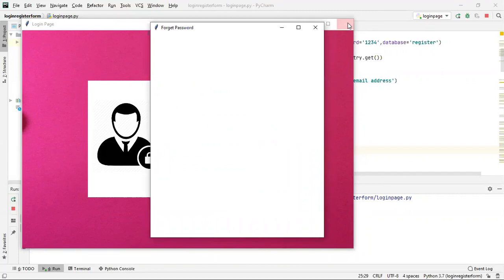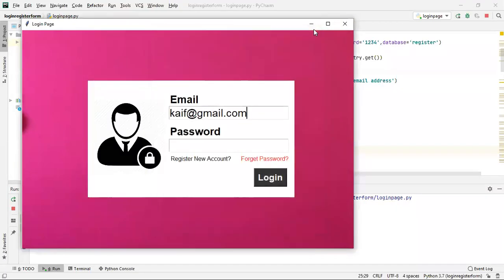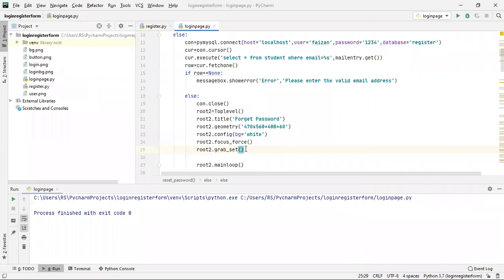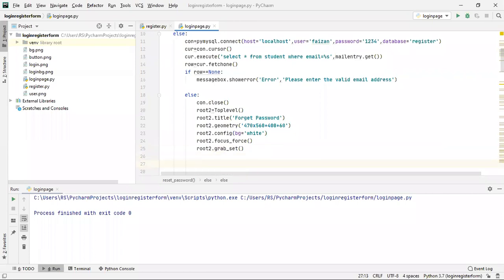And see, the earlier window will not be closed either, because this window is in focus right now. I have to close this window first, then the earlier window will be closed. So this is what I have done here. I hope everyone is understanding. Next is the forget label that you saw. If I just show you what things we need to create here.